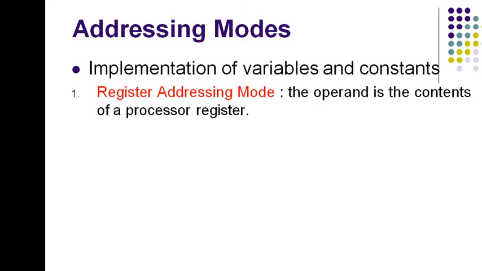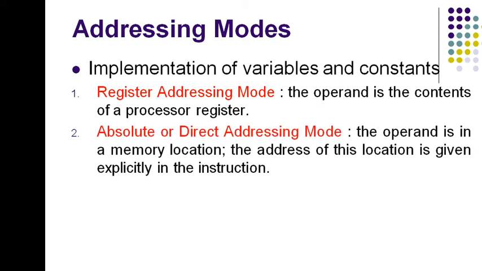The programs in the previous sections used only two addressing modes to access all the variables. The operand was accessed by specifying either the name of the register or the address of the memory location where the operand is located. These two methods we can define precisely as register mode or absolute mode, that is, register addressing mode or absolute addressing mode.